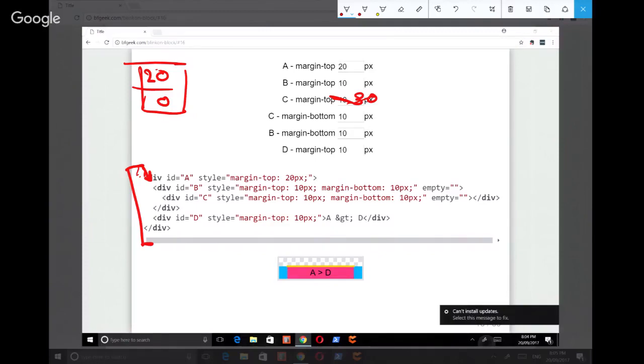It will pass it into B, and it will look at B and go, oh, you've got a margin top of 10 pixels. That doesn't win yet, so I'm just going to pass the margin struct straight through. I'm not going to modify it at all. B will now have it, and I'll look at C, and it'll go, oh, you've got a margin top of 30. That wins. I'll change my margin struct to 30. And now we will start passing it back out. So C's result will be a margin of 30, 0, and we'll do the same for the bottoms on the way out. So you can see that the margin struct threads through all of your divs as an input and output